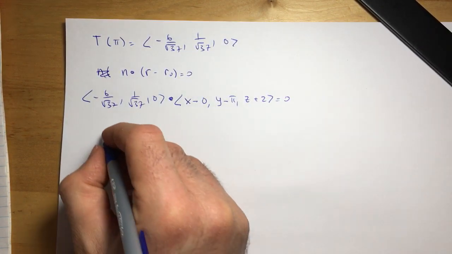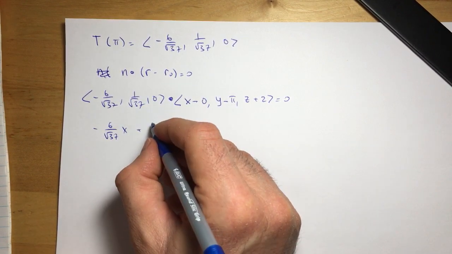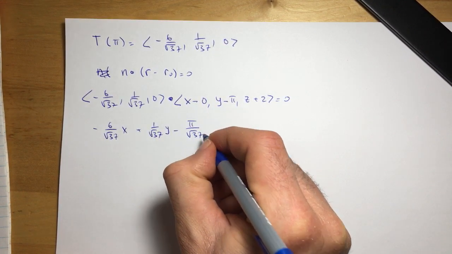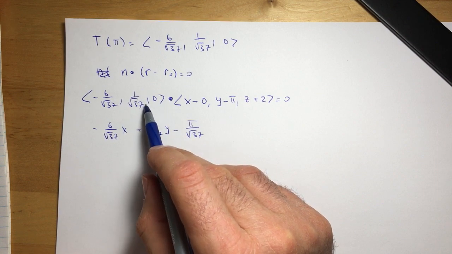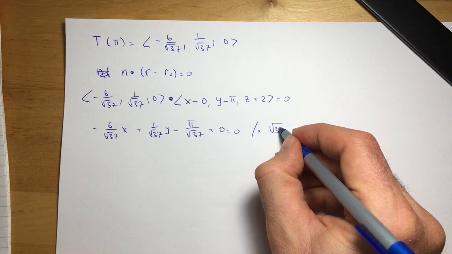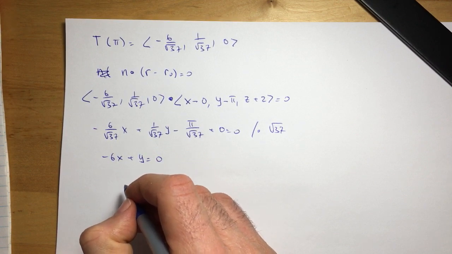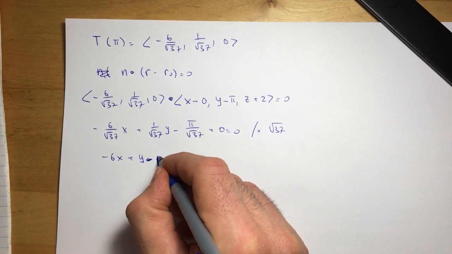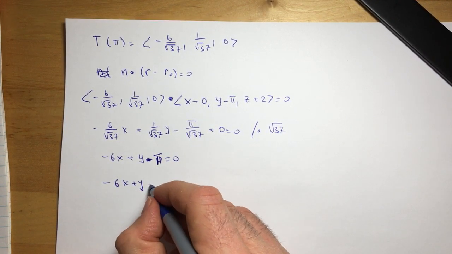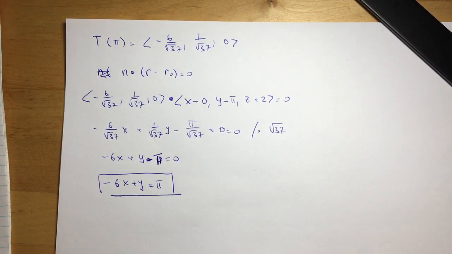Let's simplify this. Negative 6 over square root of 37 x plus 1 over square root of 37 y minus pi over square root of 37, and then plus 0 is equal to 0. Multiply everywhere by square root of 37: negative 6x plus y minus pi is equal to 0, or the equation of the plane is negative 6x plus y is equal to pi. Okay,